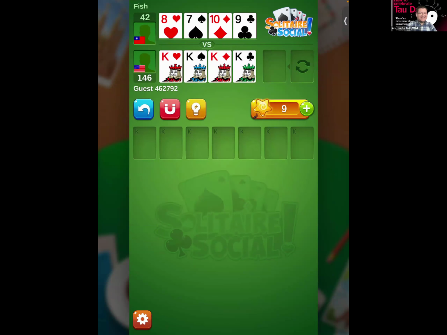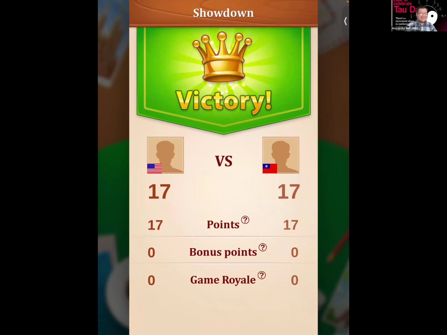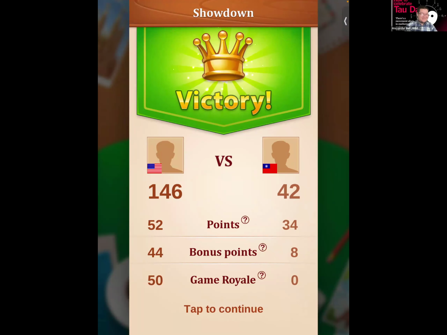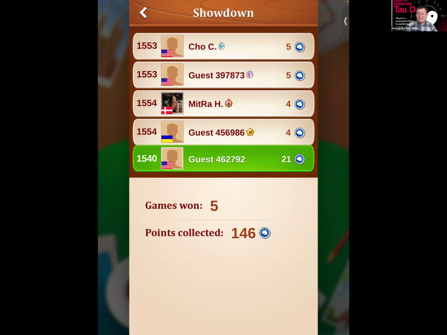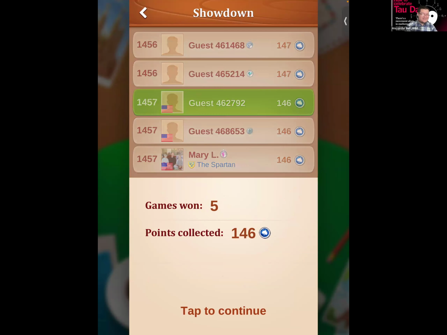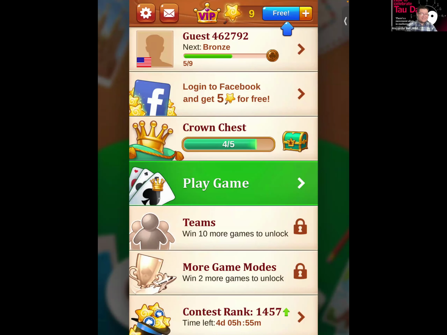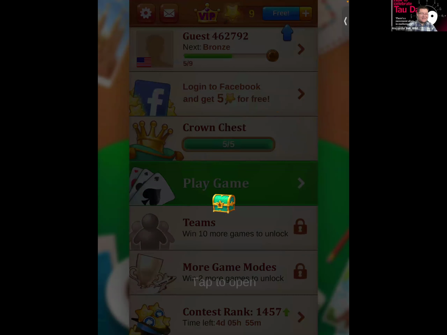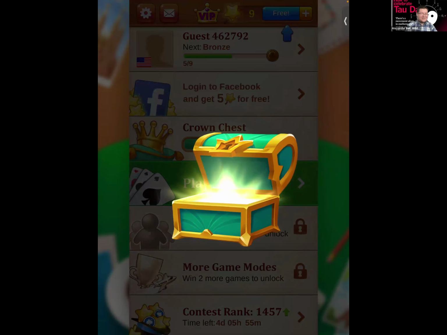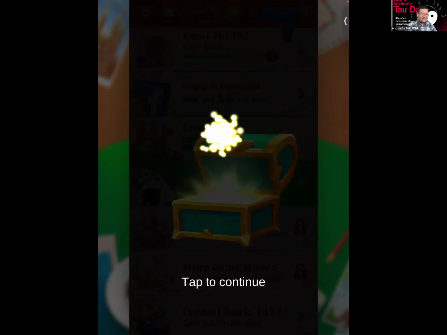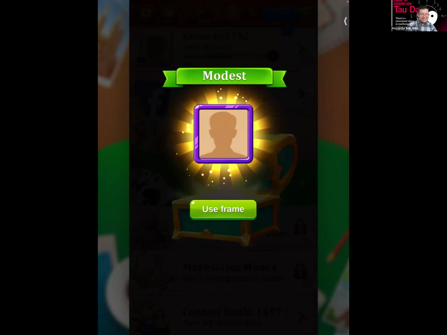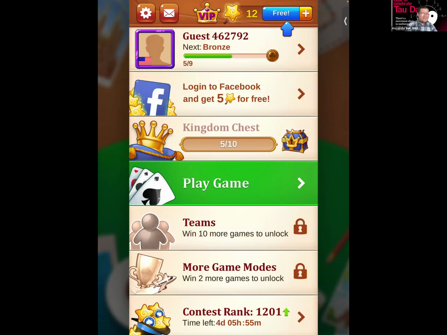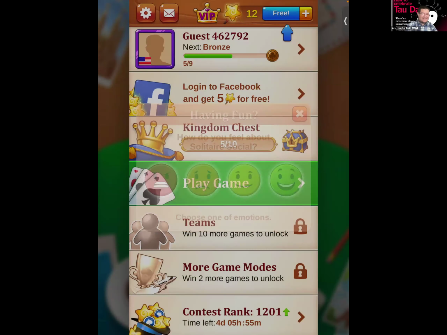So yeah, we were a few steps ahead of our opponent. So good job, you all, and thanks so much for participating. I really appreciate that. And the more that you win, the more in-game stuff that you can acquire and take advantage of, the more that you level up in the game. So look, we just won a chest with some free points, you know, a new frame for your profile, etc. So that is